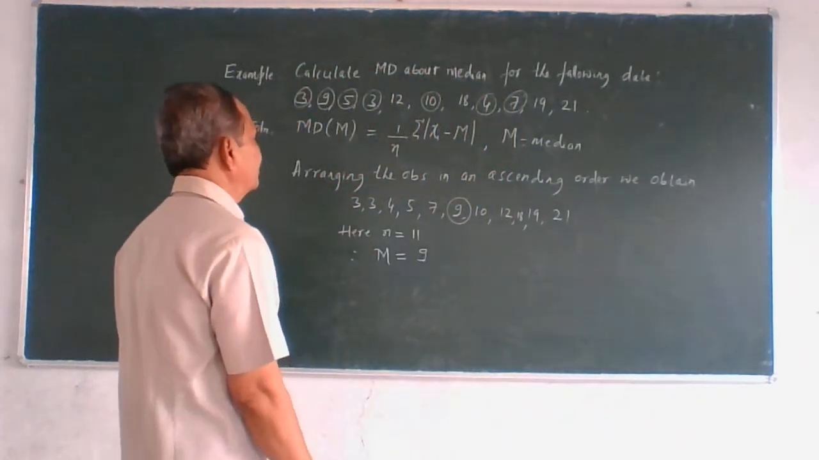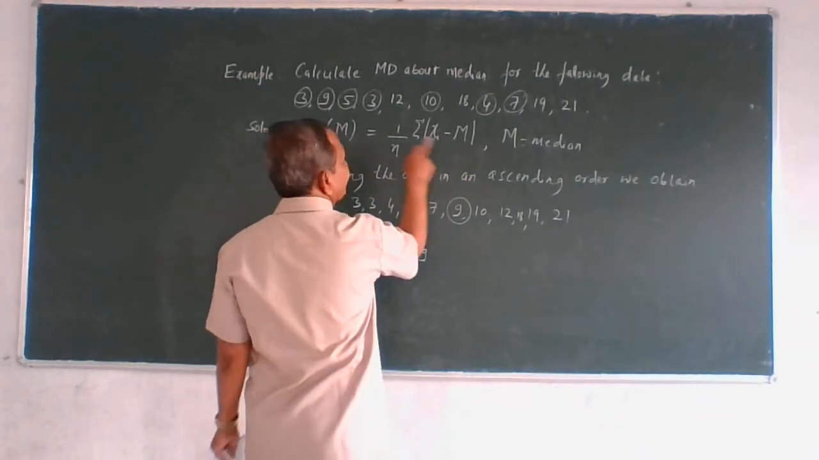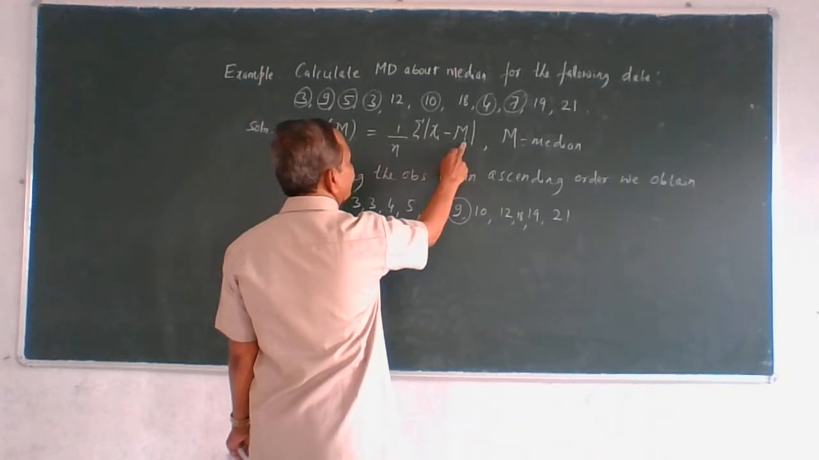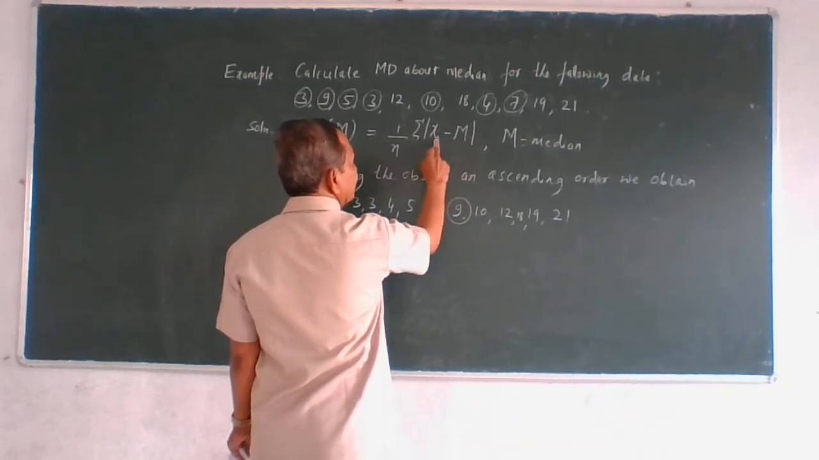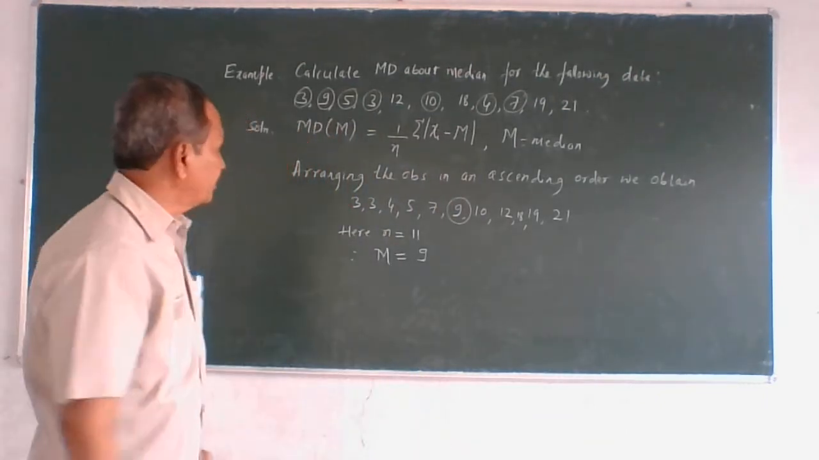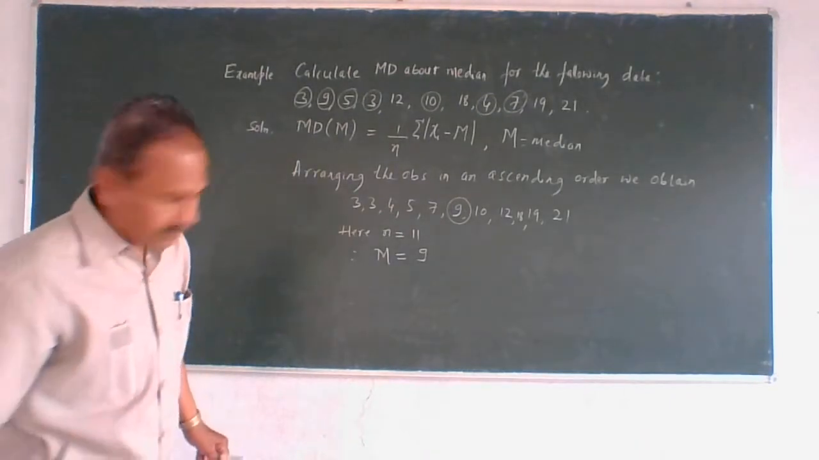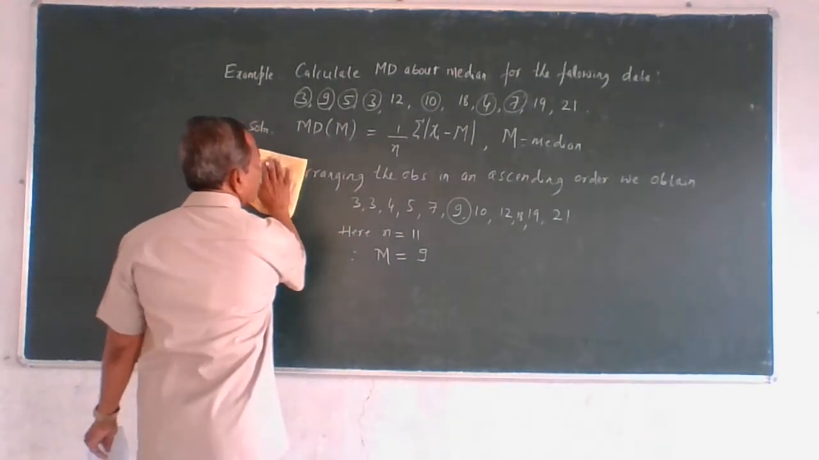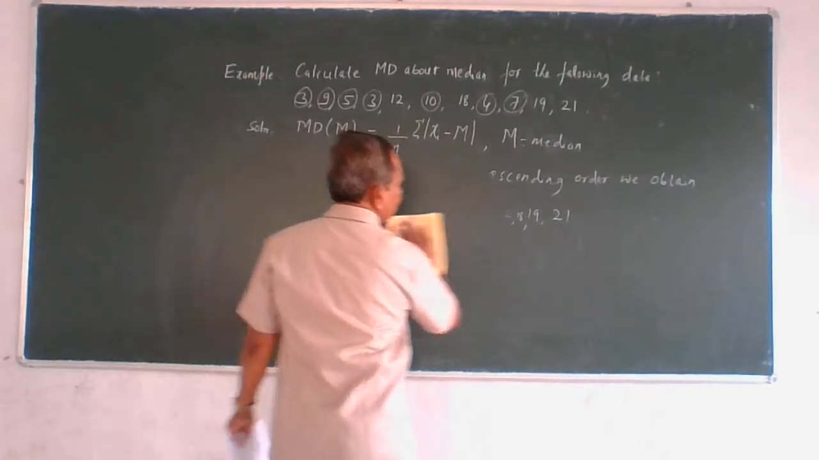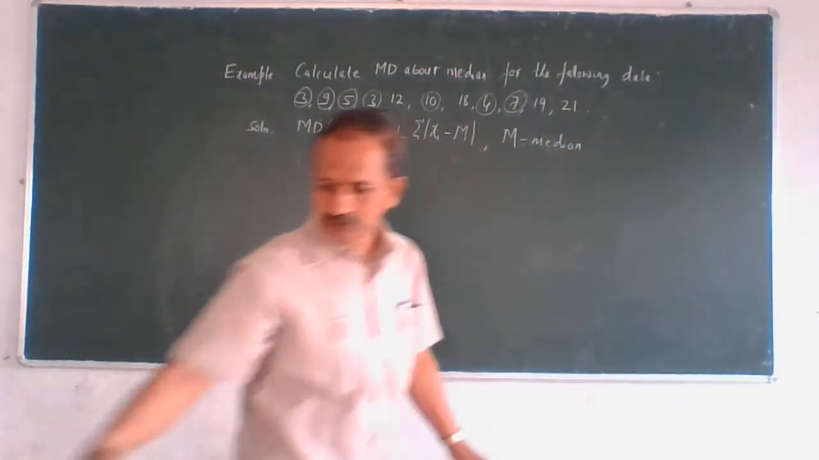So m is 9, we have calculated m. Now we have to calculate the mean deviation. To calculate the mean deviation we need xi minus m, the deviations. So we require the table. The required table is, after calculating m, our calculation of mean deviation. So the next table is